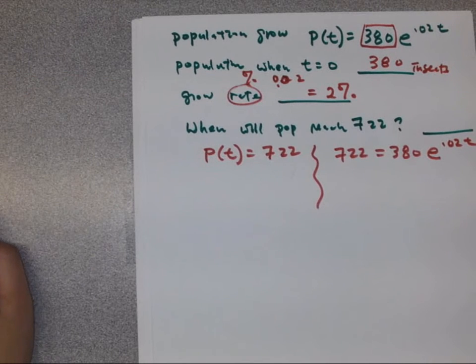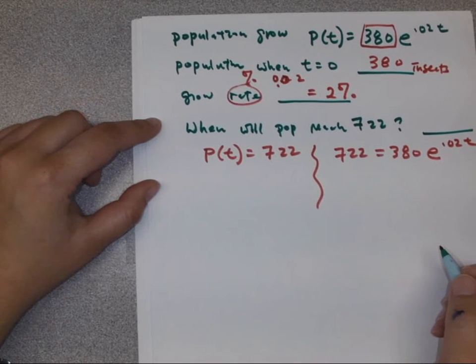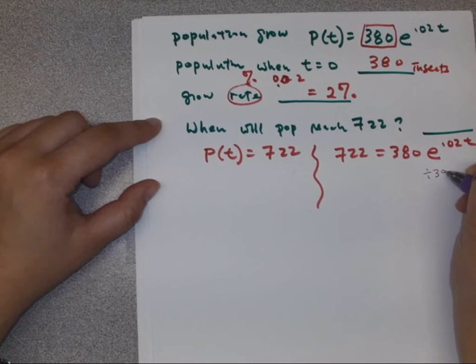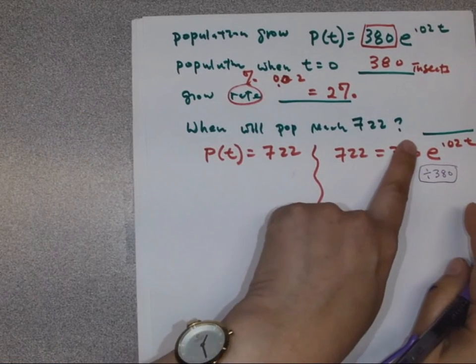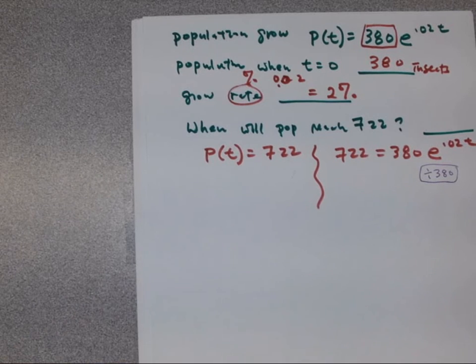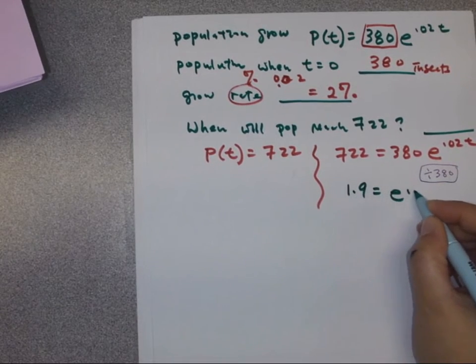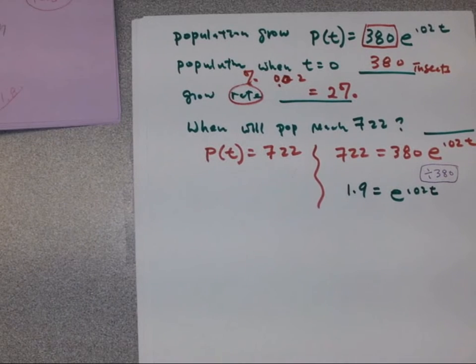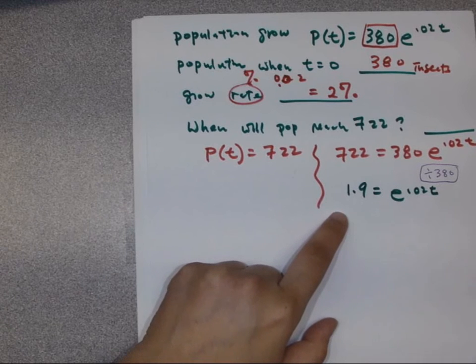So we need to solve for what? t, because they asked when, right? So first we need to do what? Divide by 380 because we are solving for t, so we want to make the right-hand side simpler, right? So get rid of this number, divide 380 on both sides, and then we will get what? 1.9 equals e^(0.02 t). So the unknown is in the exponent, so I need to somehow bring it down. In order to bring it down, you need to